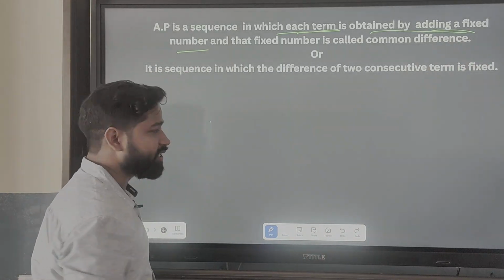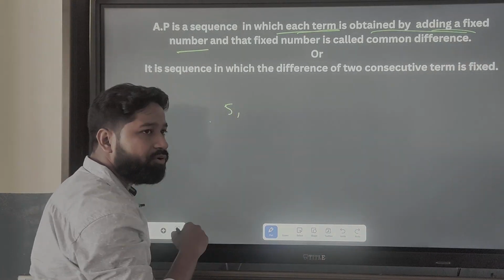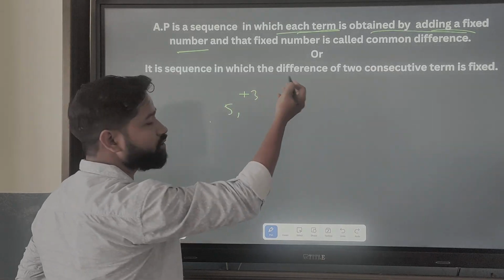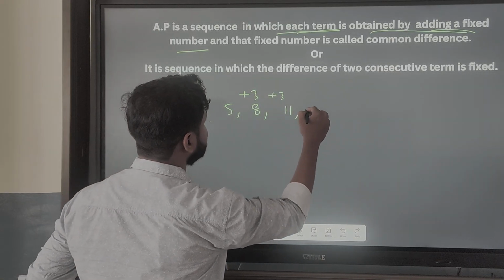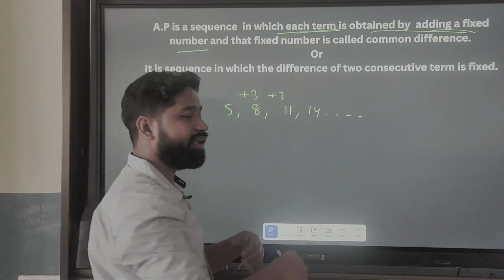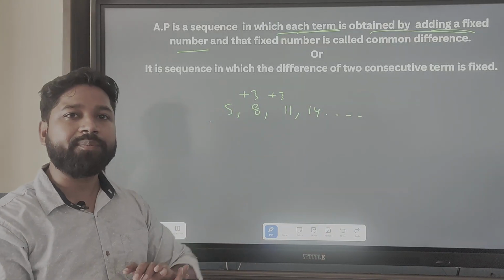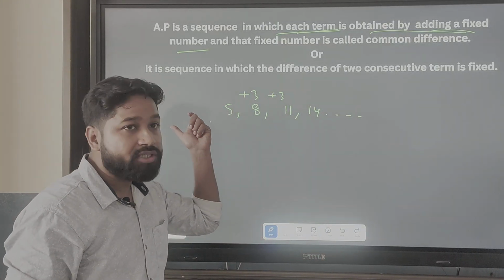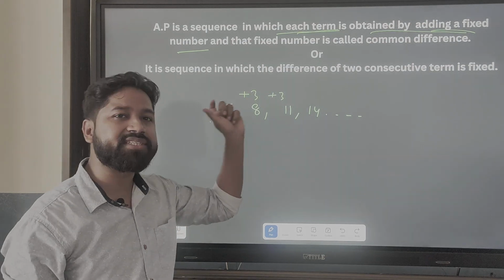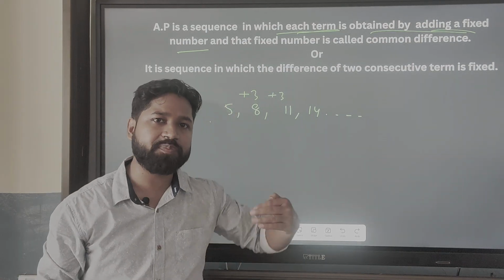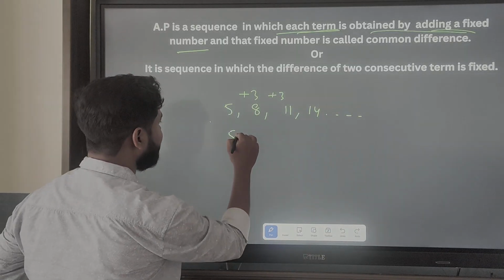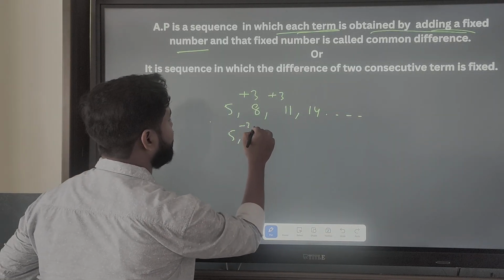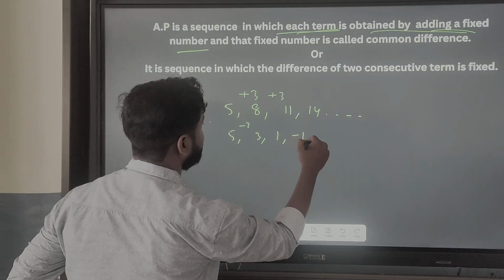Are you getting that? Let's say this number is 5. What I'm doing, basically, is adding plus 3 to each number. So 5 plus 3, 8. Again plus 3, 11, plus 3, that's 14. Is that an AP? Yes sir. What I'm saying is AP means a sequence in which each term is incremented by a fixed number. If it is plus 3, then plus 3, plus 3, plus 3. Or if it is minus 2, then it is 5, then minus 2, 3, minus 2, 1, minus 1, and